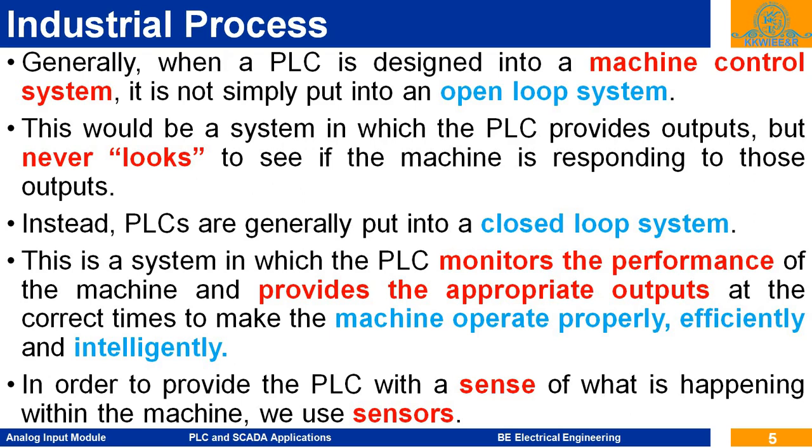So this is the operation, and this is sensed by the devices. They are called sensors. In this case the limit switch is a sensor. It is continuously giving the position of the drill head, and accordingly the PLC is controlling the flow. It is controlling the operation of the solenoid valve.